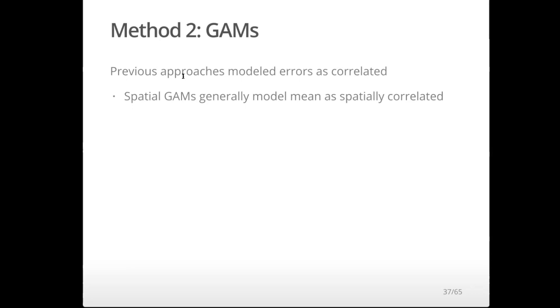Another distinction between GAMs and some of the other models, like the CAR or SAR model that we talked about, is that in the CAR or SAR framework, the spatial random effects were being generated from a multivariate normal distribution with some variance covariance matrix, and we were manipulating the variance covariance matrix via that adjacency matrix, that W. But with a GAM, instead of modeling those random effects, we're going to be modeling